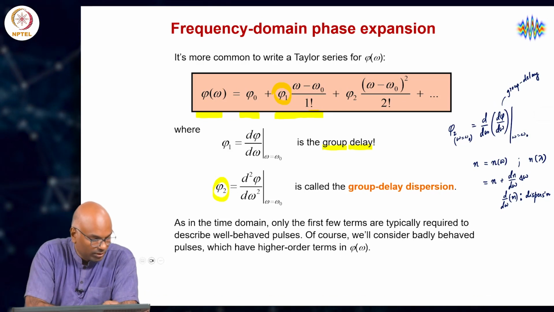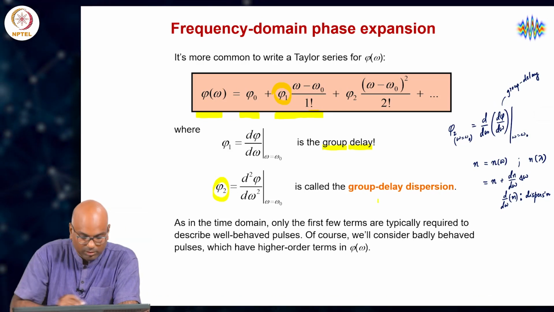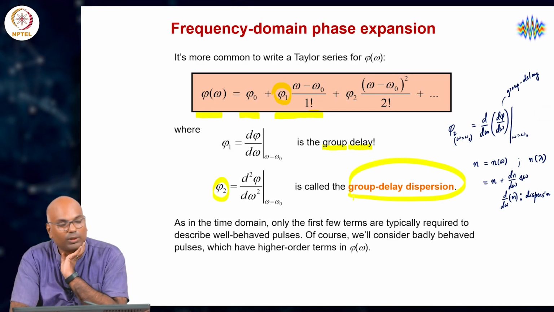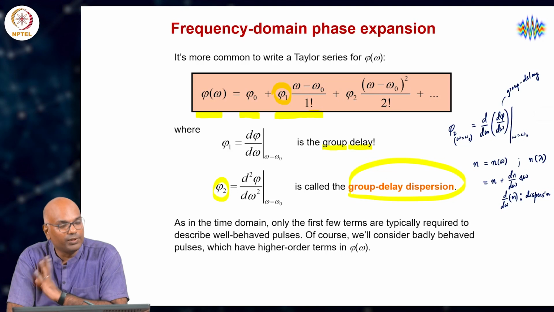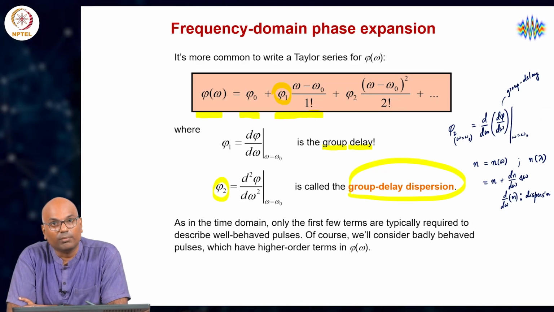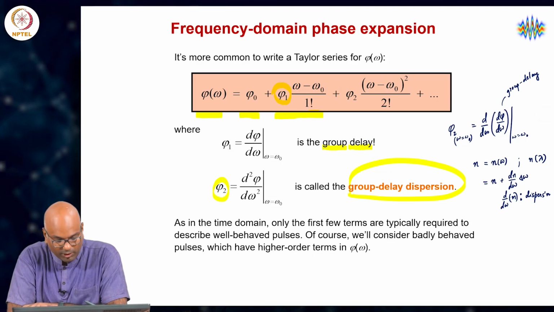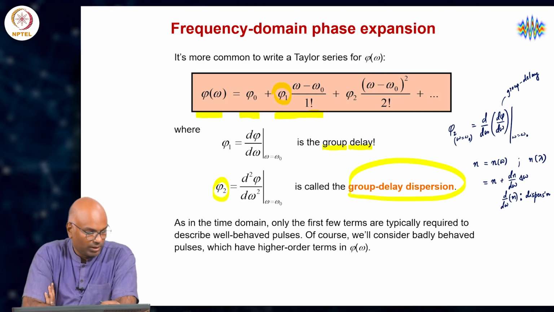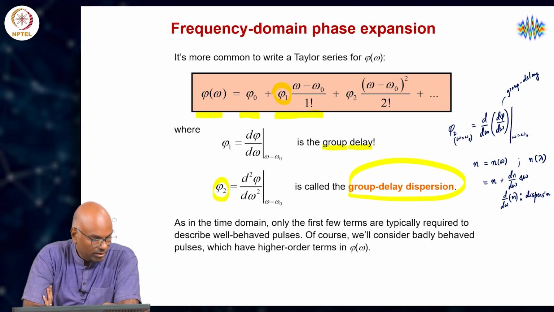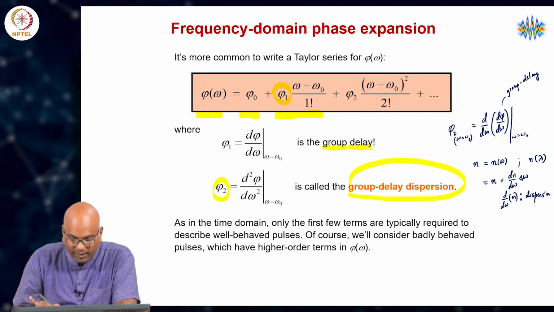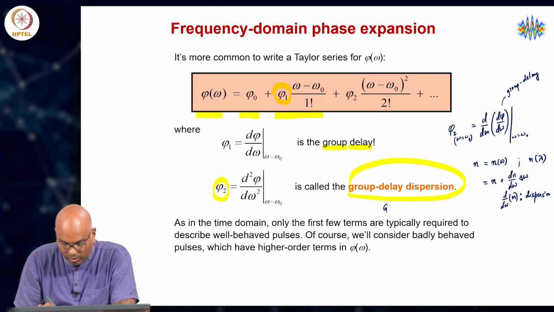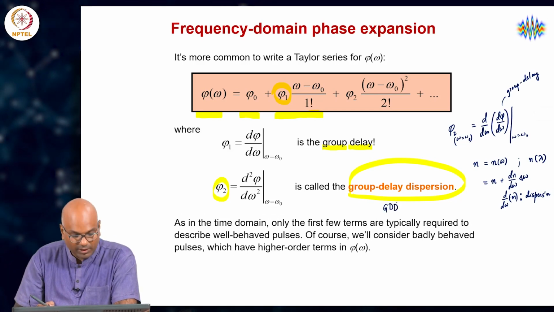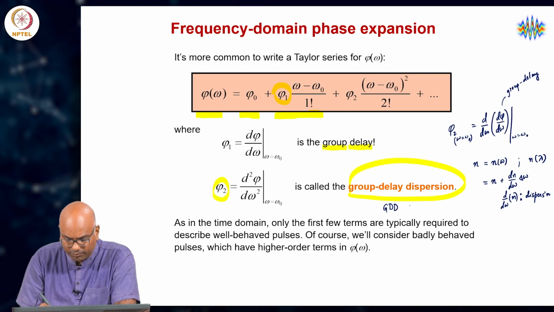Therefore, this quantity here is called group delay dispersion, the all important group delay dispersion, which will be a very important quantity as we describe not only pulses, but we ought to now understand that the group delay and group delay dispersion, or GDD for short, okay, which of course has the units of